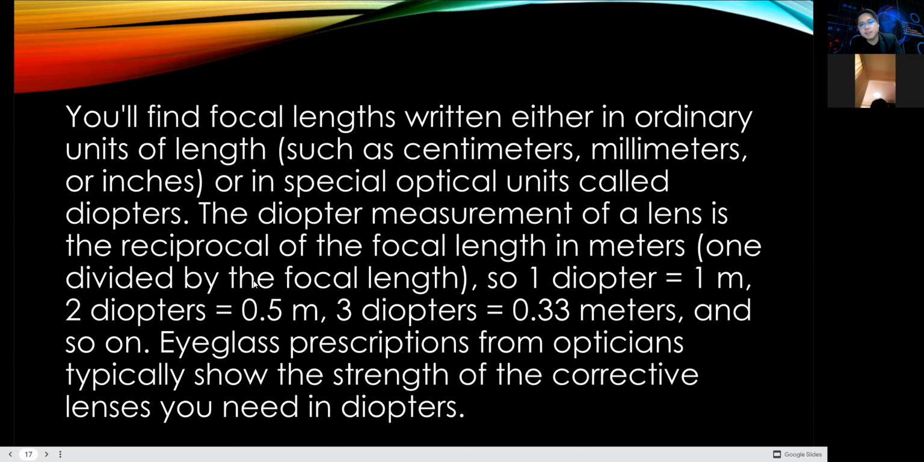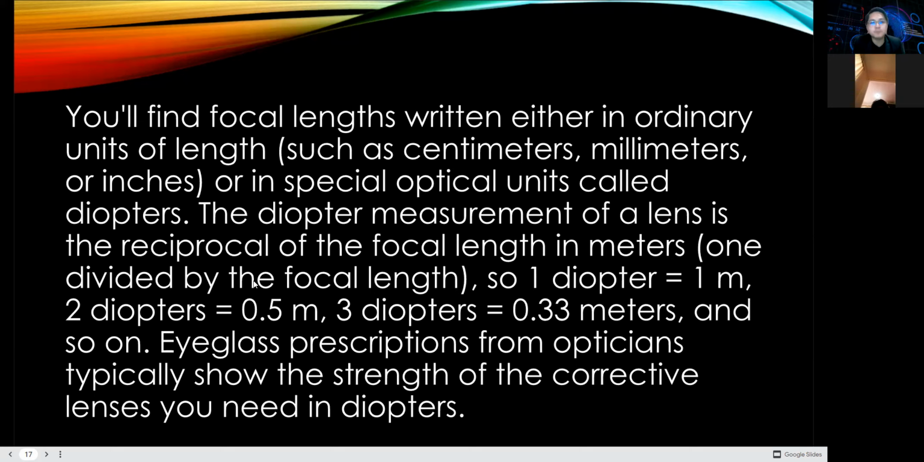You'll find focal lengths written in either ordinary units of length such as centimeters, millimeters, or inches. Okay. In our case, in lenses, which we have right here, a camera lens, we're using millimeters. Okay. 35 mm, 50 mm, 105 mm, 18 to 105 mm, 400 mm. So those are the way how we actually check on the length of our lens,